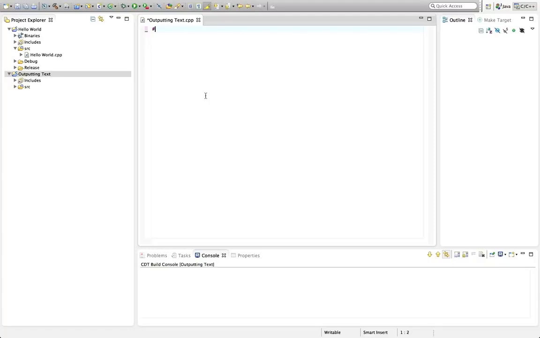So you need a hash symbol and the word include, and then an open angle bracket. And when I type the open angle bracket, Eclipse automatically puts in the closing angle bracket. And in the middle of that, I'm going to type iostream. So iostream actually stands for Input Output Stream. And by the way, don't worry too much about the stuff I'm telling you here. What I'm trying to do is get you familiar with this main program little by little. But the important thing here is just to be able to complete the task that I'm going to give you